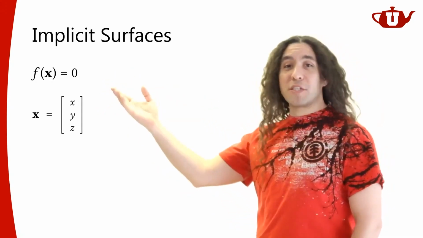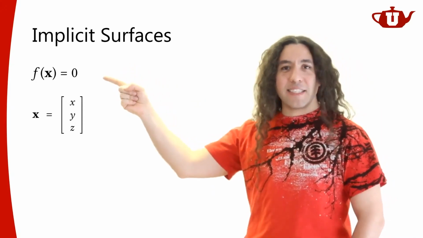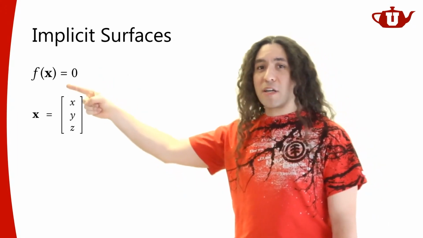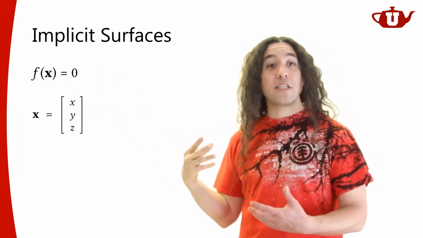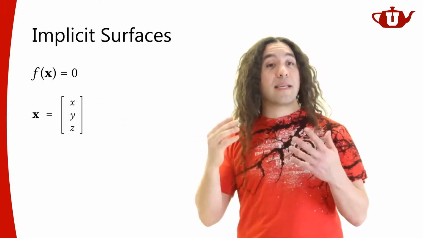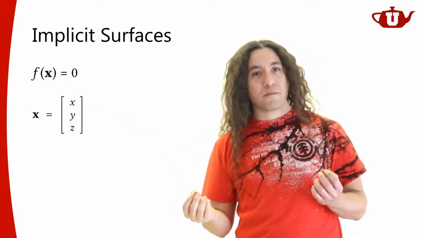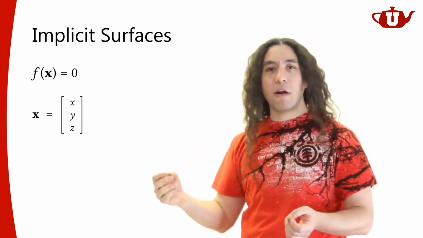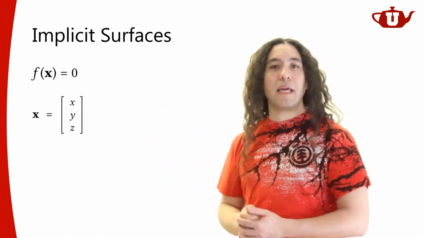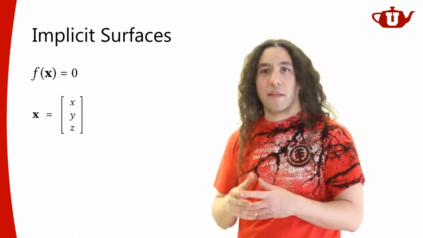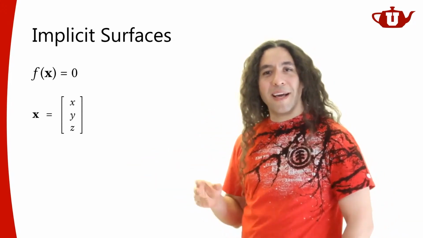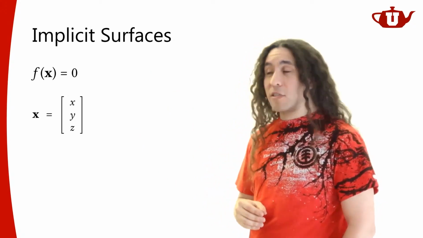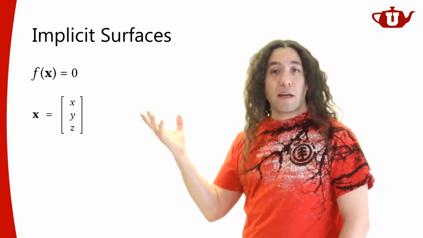Now, this is a very powerful notation. This is exactly the identical notation we had for curves, right? The only difference here is this function f. In this case, the solution to the function f is a surface, not just a curve. For representing curves, the function f was representing something that was a curve. For representing surfaces, that's going to be representing a surface in 3D or whatever dimensions that you're interested in. And this implicit formulation is actually very, very powerful, and you can represent a lot of interesting things with it.